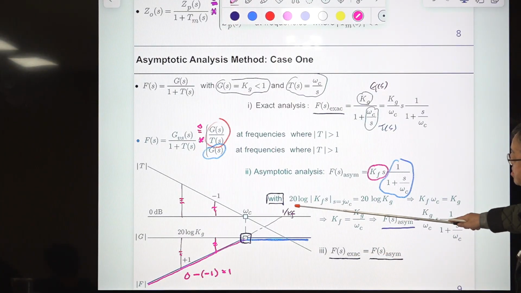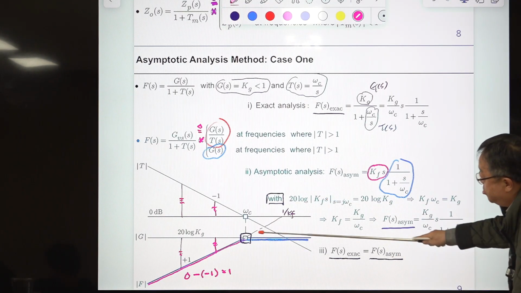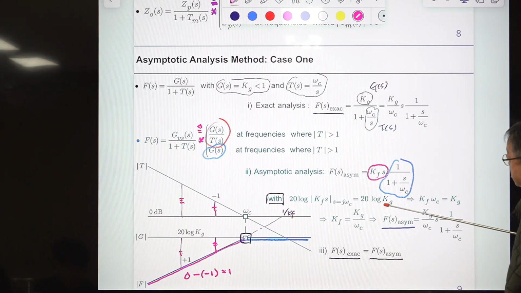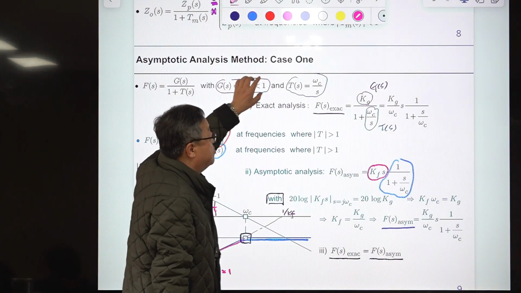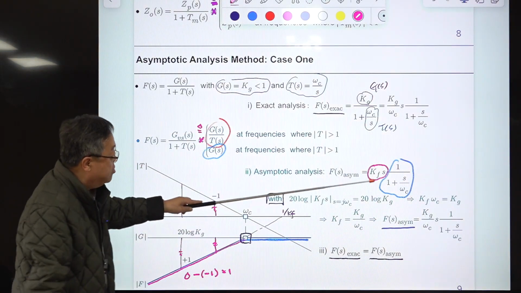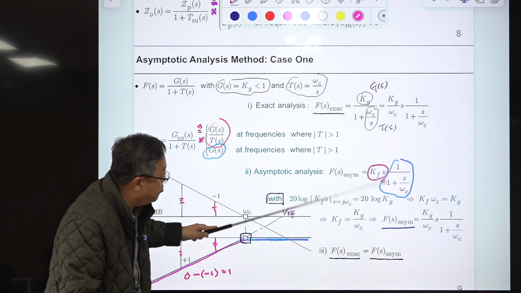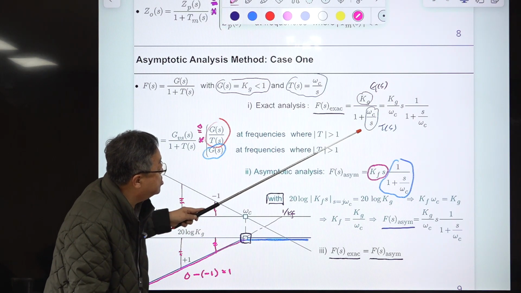Then evaluate this magnitude at this frequency, this one is Kg. That means this Kf times omega C is Kg. This is from this graphics. Of course, you can obtain this from the calculation, but we are only using these graphical things. Then from here, you find out Kf as this one, then put Kf here, then which is the same as